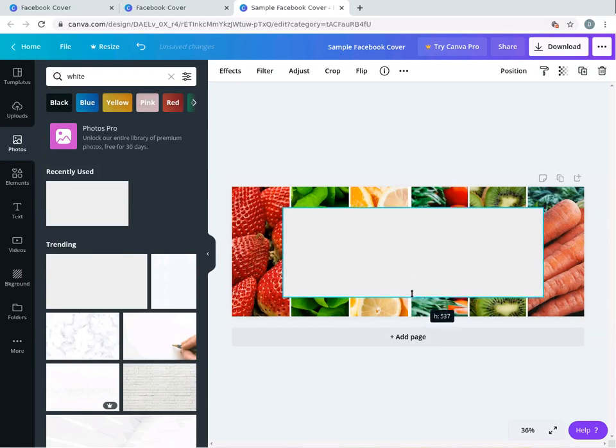Now let's start adding text to this particular background. Now you have two backgrounds. One is the dark background, which is having fruits and vegetables, and the other one is the white background, which is the blank background. So let's add a text to this particular white background. Go to text from the side panel,